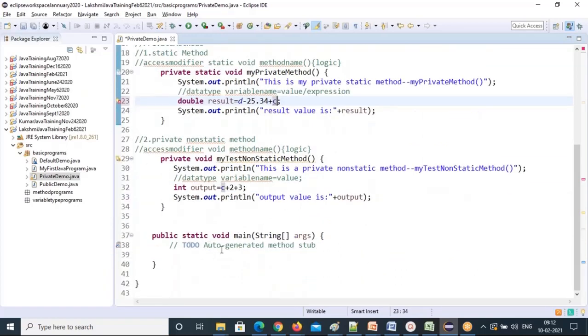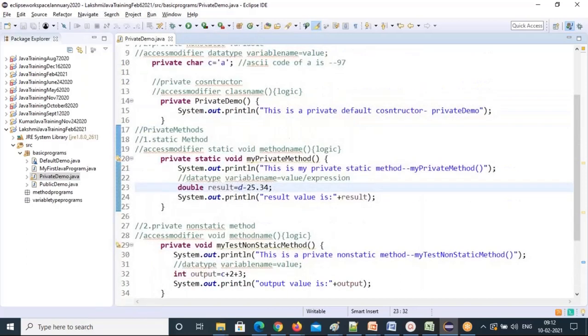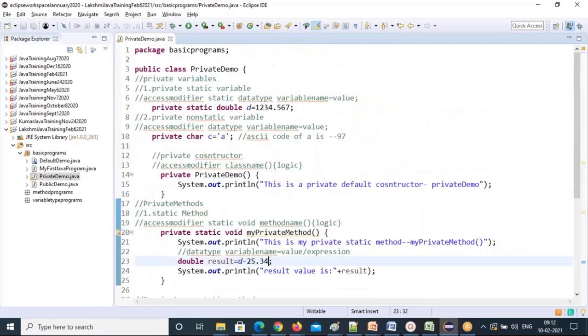Here also you cannot call. Main method also you cannot call directly. I'm trying to call non-static data directly in the static methods. That's why it is throwing an error. So directly you cannot call non-static data inside the static methods. But this static data I can use in any method, because it is common to all methods, all types of methods.